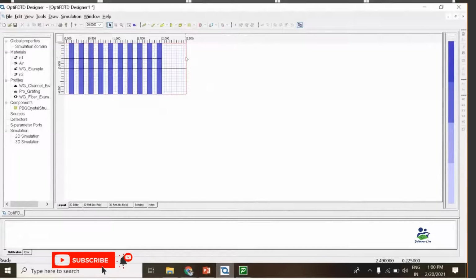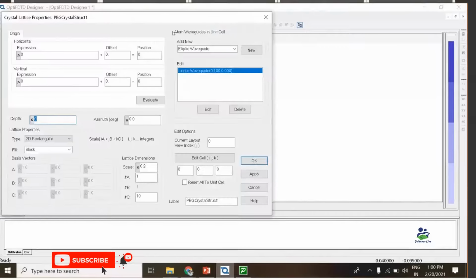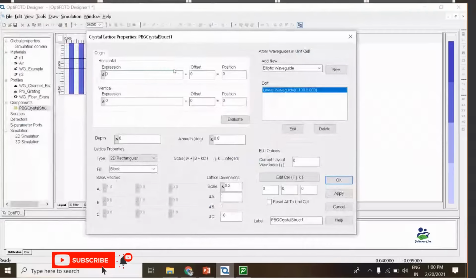Now I want to start, we have around a 2.5 micron wafer width and we want to start the grating from here. So I directly click on the PBG structure, double click on that and make it 0.5.